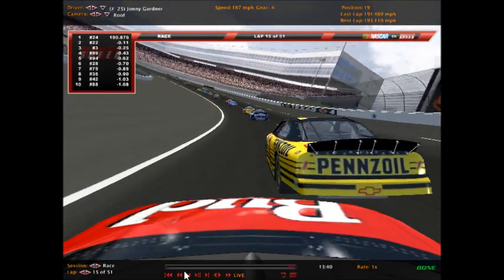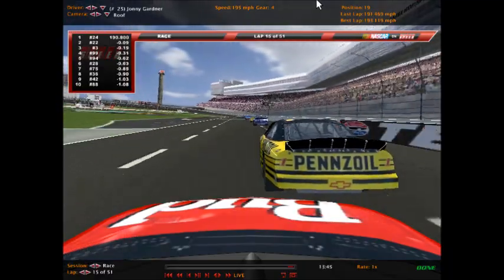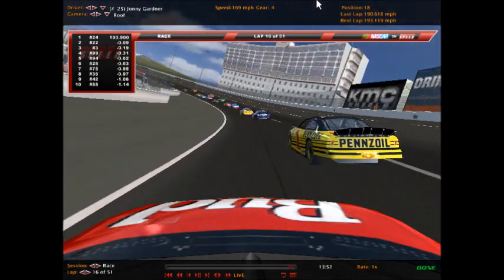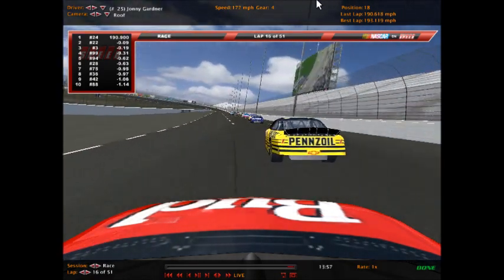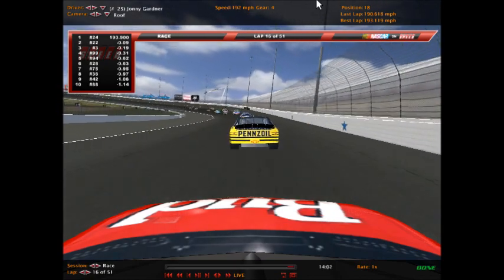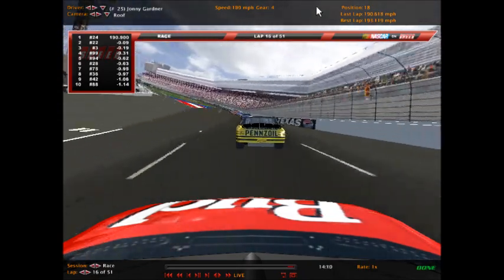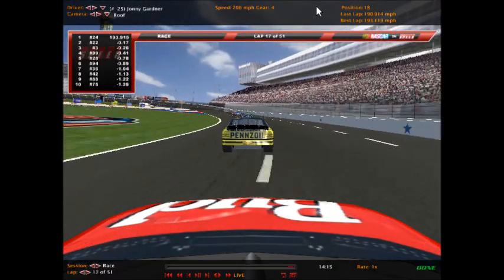Gardner has our roof cam on that number 25 Budweiser Chevy. And he pulls right up to the back bumper of Jay Jefferson in the number 1 Pennzoil car. To the low side, Gardner does not get him for the moment, but he's still trying, getting a draft off that yellow and black Chevy. Off turn number 4 goes Gardner, 190 miles an hour. See how this goes on the front stretch. 197, 98, 99,